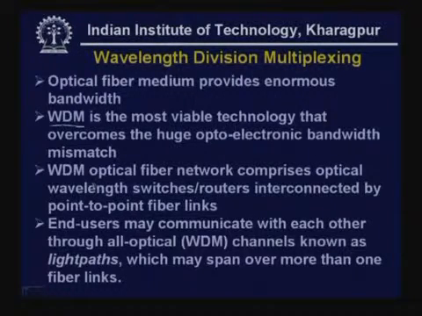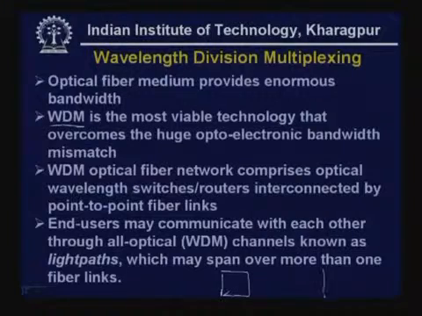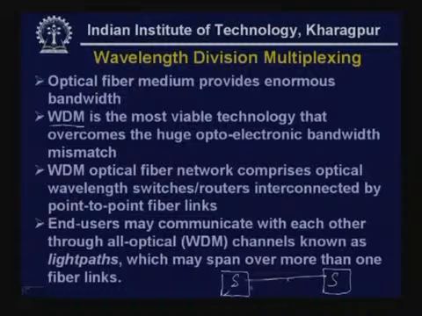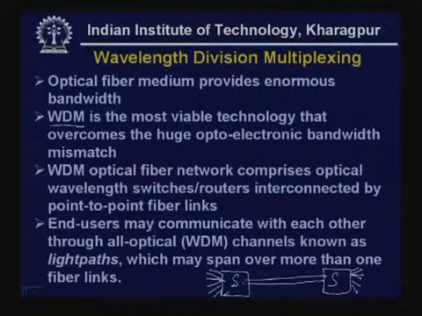So, a wavelength division multiplexing optical fiber network comprises optical wavelength switches or routers interconnected by point to point fiber links. That means there are switches and routers. You have a switch or router, and you have an optical fiber cable, and this switch can receive a number of signals, and the switch can also separate out a large number of signals. So, this is how it is being done, and this is your optical fiber